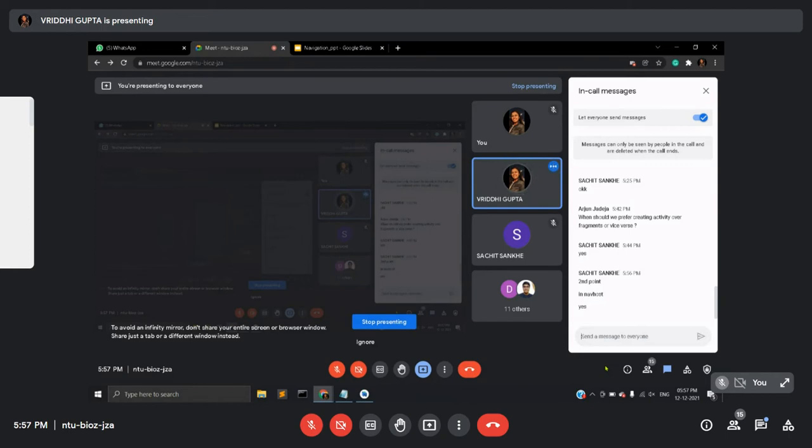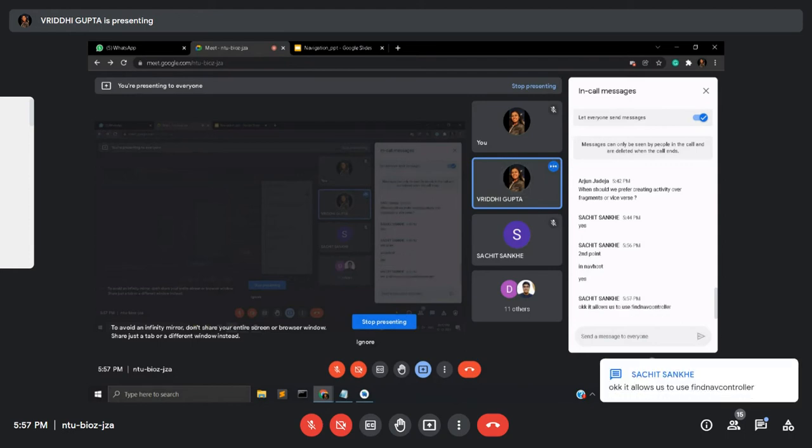If the host has two fragments, fragment 1 and fragment 2, fragment 1 can retrieve the nav controller and fragment 2 can also retrieve the nav controller that way. Are you clear, Sanchit? Kind of, yes.